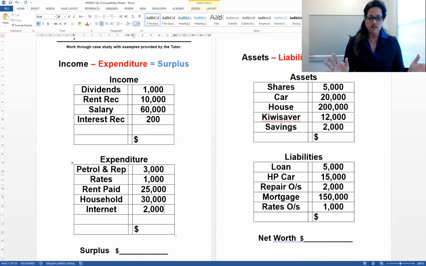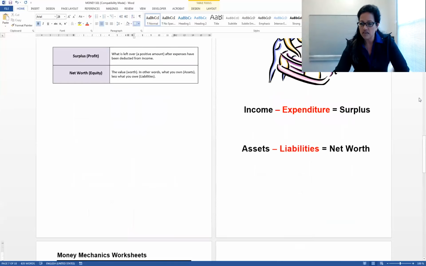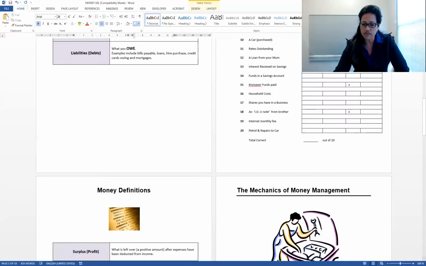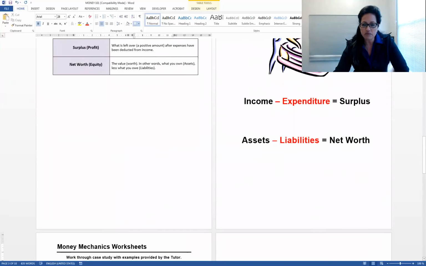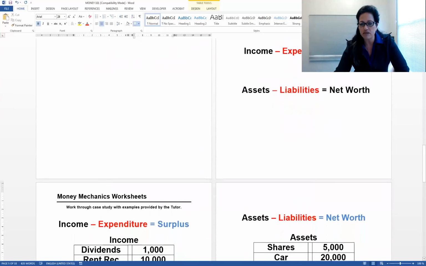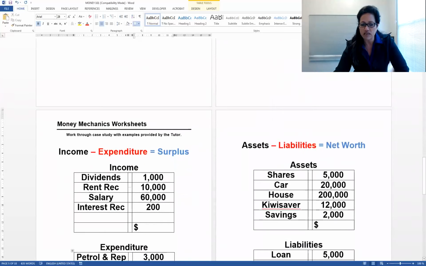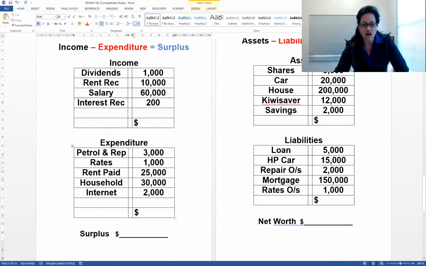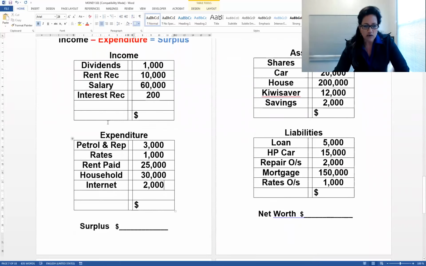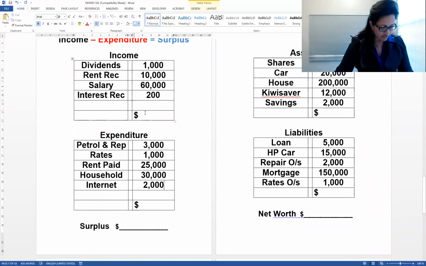So there's the scenario for Hariata, taking a stock take or review of where she is in terms of her income, her expenditure, her assets and her liabilities at this stage. So now, as the equation says, income minus expenditure equals surplus, we're going to work out her surplus. And assets minus liabilities equals net worth. We've not added anything at the moment, we've just put it into the I, E, A or L box. Now we're going to add it up, which I'm going to do quickly for you.